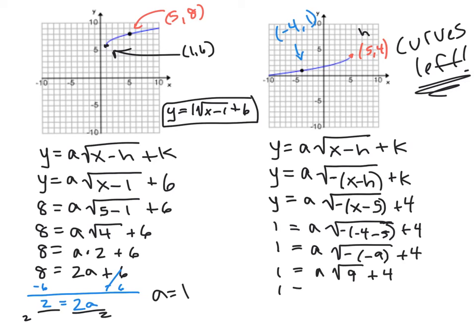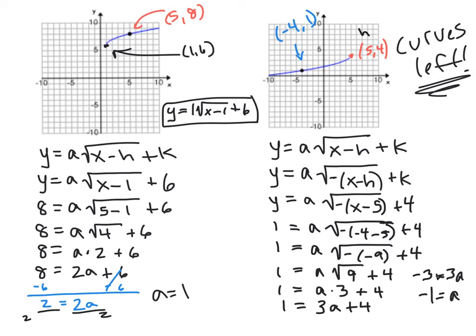The square root of 9 is 3, so a times 3, and then we have our plus 4, or in other words, 1 equals 3a plus 4. If I subtract 4 from both sides, I'm going to get negative 3 equals 3a, and divide both sides by 3, and we get negative 1